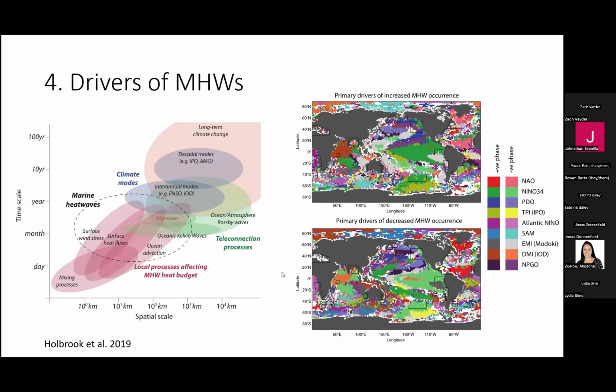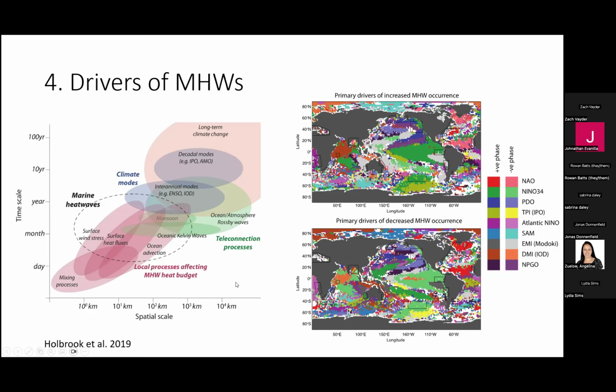A fourth area that has been able to be undertaken now that you have a consistent definition of marine heat waves is looking at the drivers of marine heat waves. And for example, the pictures on the right-hand side, I think there must be a nicer name than vomit plots, but we generally call them vomit plots. You can see where in the ocean the dominant driver of marine heat waves are. So the strong green, the driver here is ENSO related in the Eastern Tropical Pacific. In the Indian Ocean, it's a thing called the Indian Ocean dipole, which gives a strong relationship with marine heat wave occurrence. And so the top panel showed us when you had more marine heat waves, and the lower panel shows you when you have less marine heat waves.